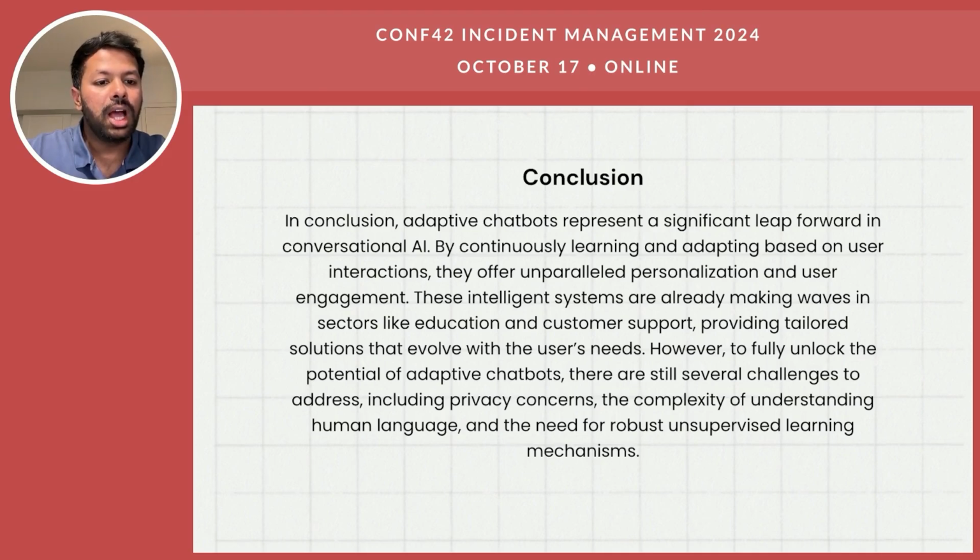However, fully unlocking their potential requires addressing challenges such as privacy concerns, the complexities of human language, and developing more robust unsupervised learning methods. As we continue to innovate, adaptive chatbots will become even more integral to enhancing digital experiences